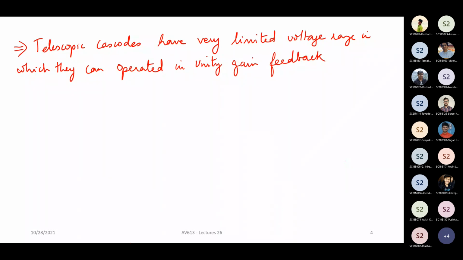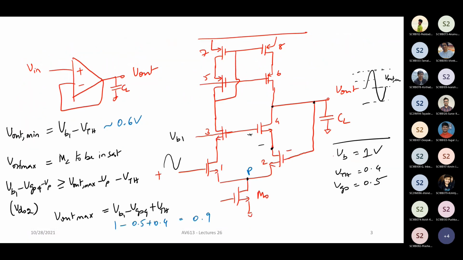Okay. Now let us also look at the noise performance of this particular thing. We have already looked at the noise performance of different stages, right? The individual single-stage amplifiers, the single-ended amplifiers. So can you look at this, apply those concepts, and tell me which are the transistors that will contribute to the final noise performance and which of them will not contribute?